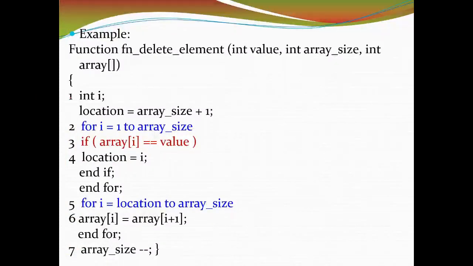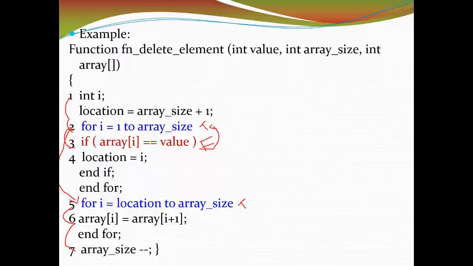So 1 to 2, then this time this loop is going to be true now. When this is true, it is going to execute statement 3. Now this statement 3 condition is going to be false. When this condition is false, it is going to return back to the loop and come out of the loop and go to statement 5. And when it comes to the next loop and if it is true, then it is going to execute statement 5 to 6 and 6 to 7.